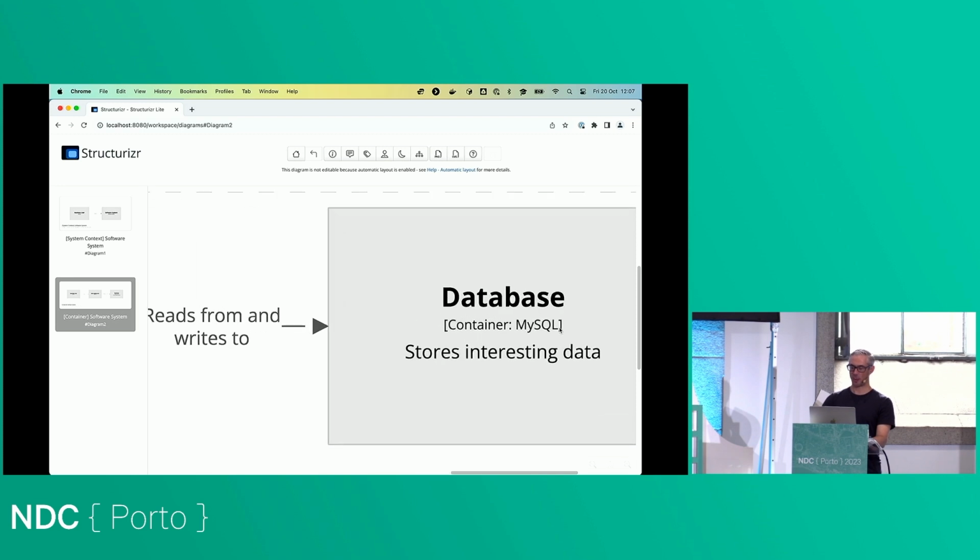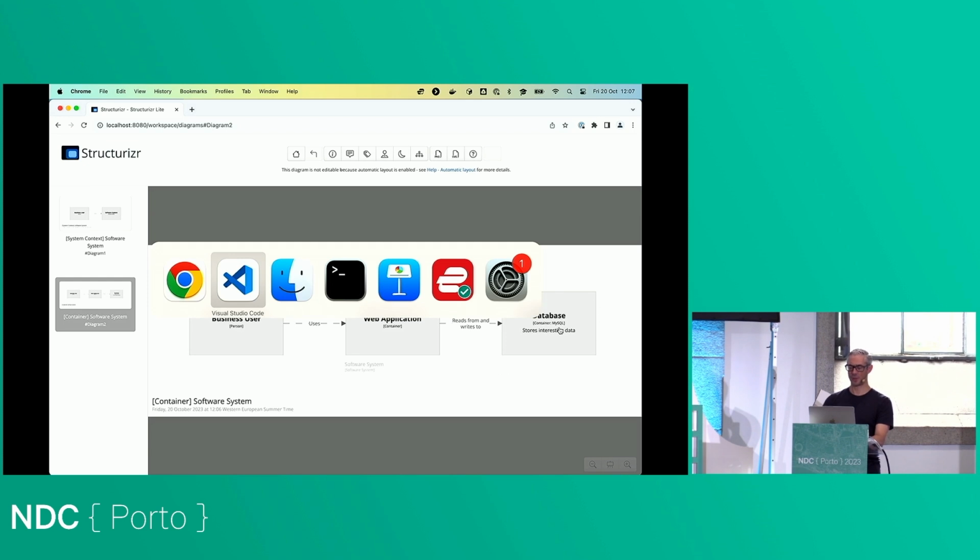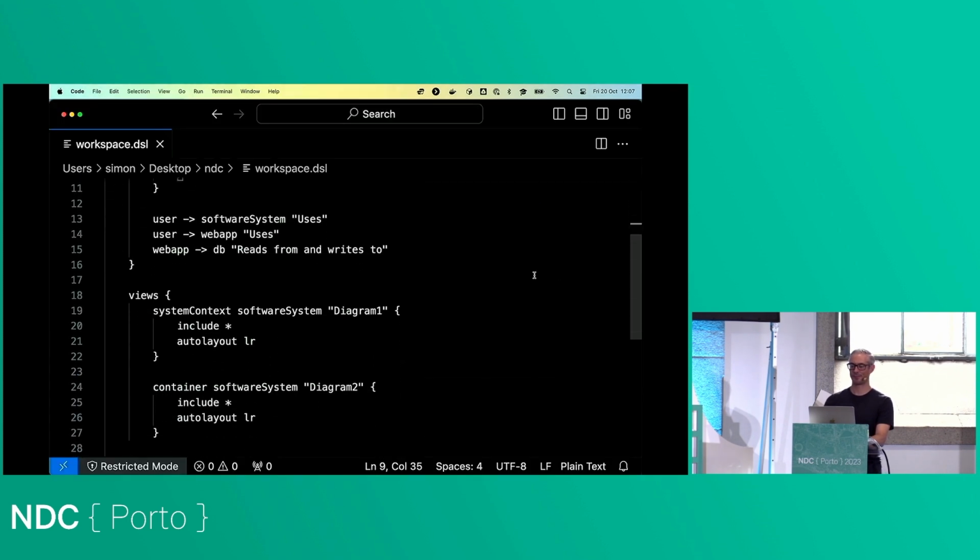Something I want to point out with all of this, because we're really talking about the concept of modeling here. One of the concepts we always talk about in software development, in coding, is don't repeat yourself. DRY. But I've done exactly that. So I have a link from user to the software system with a description of users, and pretty much the same relationship between the user and the web application. So I've had to repeat myself, and I don't want to do that, because I want to make this simpler for me to change the names of these descriptions in the future if I want to. How do I fix this problem? The answer is